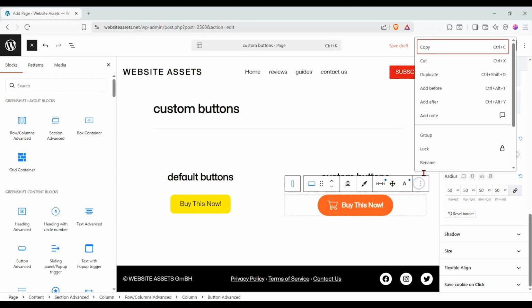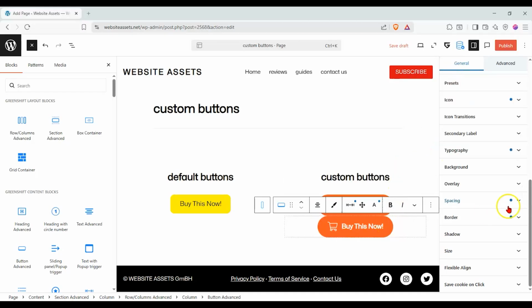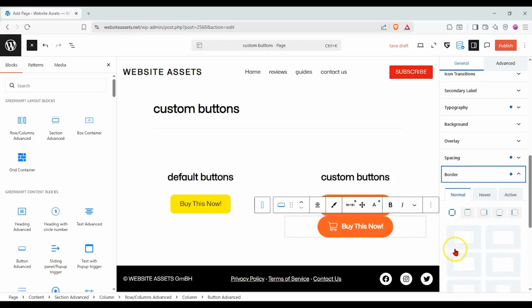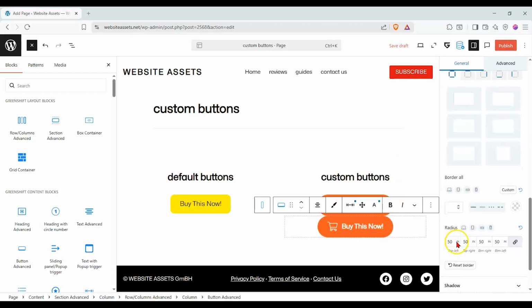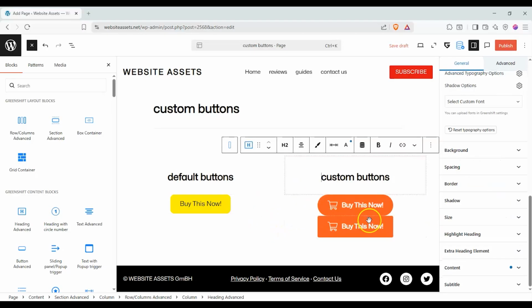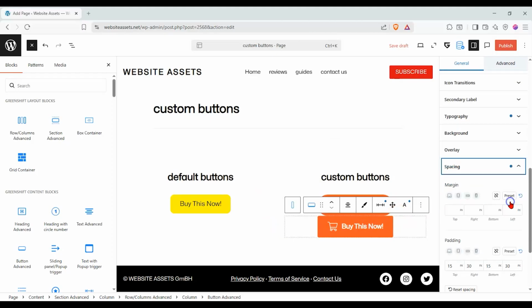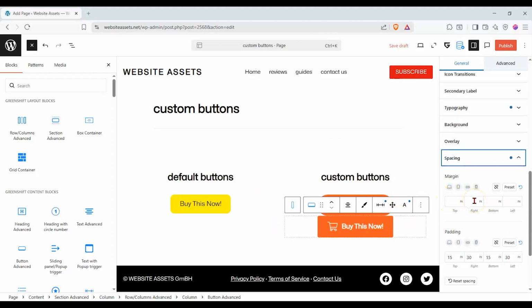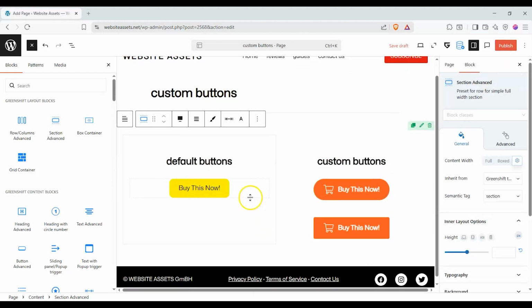Let's go ahead and duplicate this just so you can see the difference. And then let's make a square one, and we're gonna put 4 pixels on all the sides. And the difference you can see is that, let's go ahead and put some spacing. I'll just add a margin to this. Okay, there you go. You can see that the psychology for the square one is that it looks like a